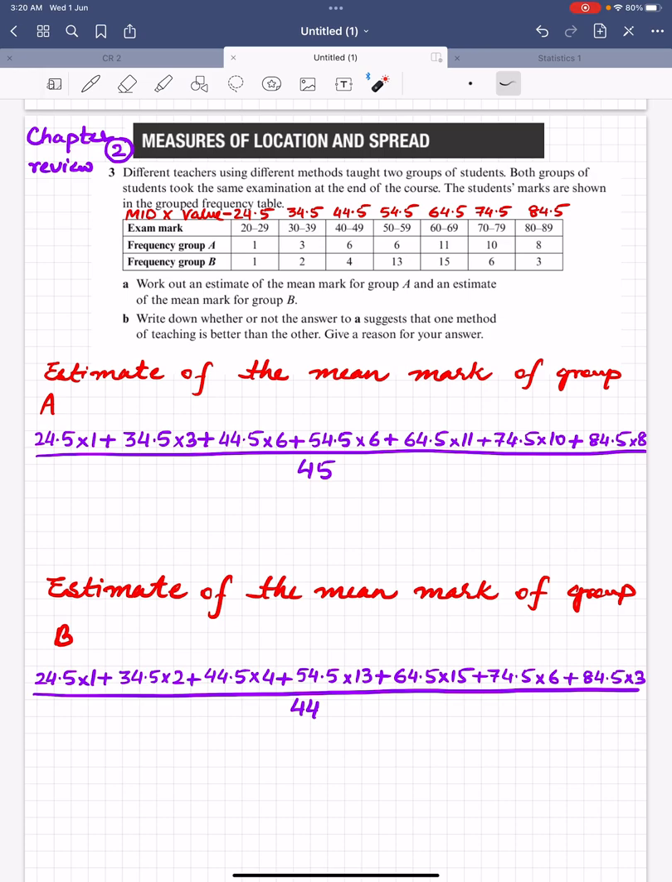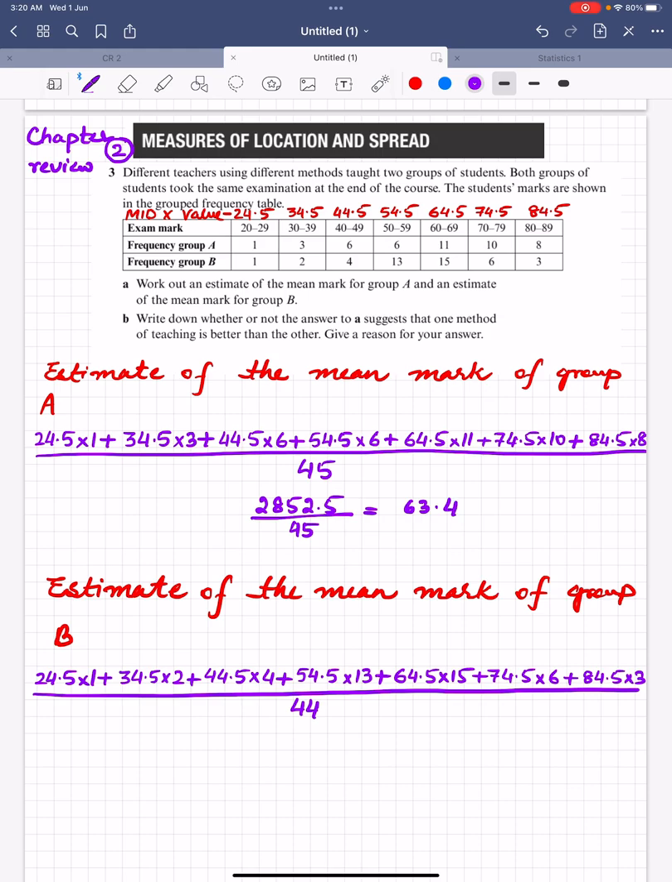So the next step is, in order to find the estimate of the mean, we multiply the mid-x value with the frequency. So all the mid-x values are multiplied by frequency, and that is divided by the total frequency. So that gives us the estimate for the first group, which is A. So the total is 2852.5 divided by 45, and that is because there are 45 students. So the estimate of the mean is